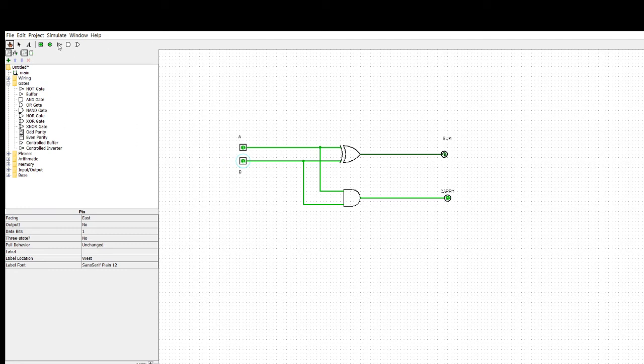Like that you can pick any gate. You can even take an inverter, connect the input and output to it, and check how it is working. I applied 0 here, the output becomes 1. If I want to change the input, I need to go to the change values within the circuit option, which is the hand symbol. Let us take this. 1 means 0, 0 means 1. Like that you can take any of the gates.